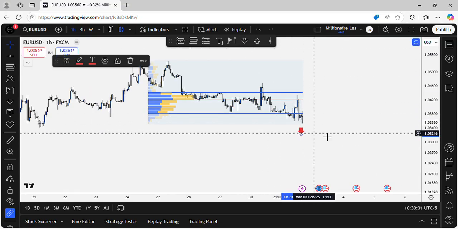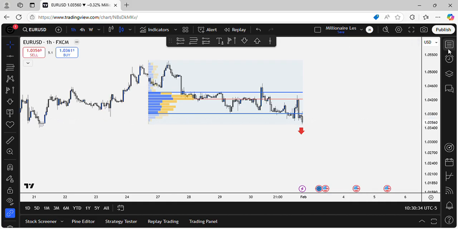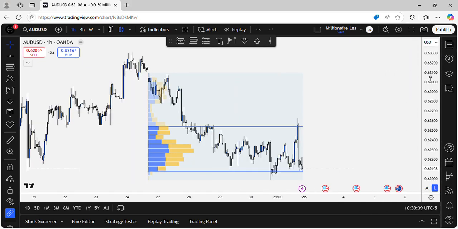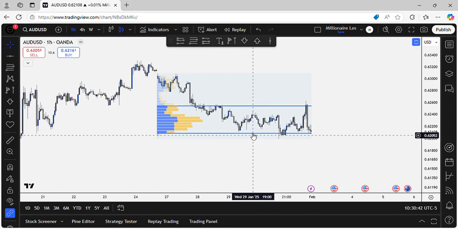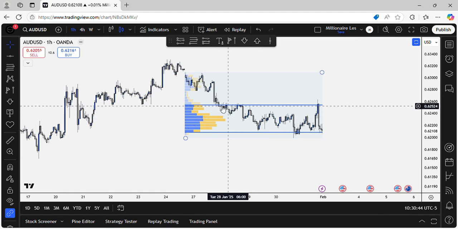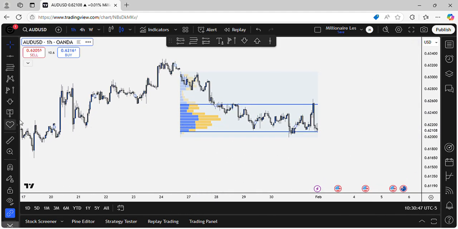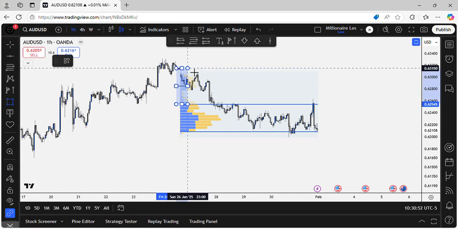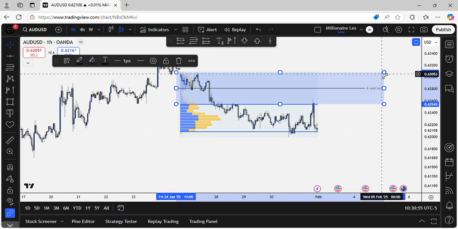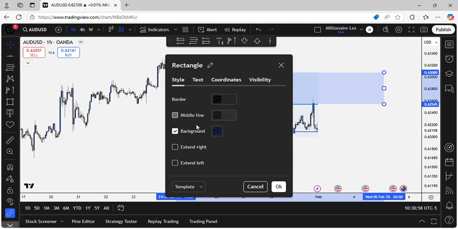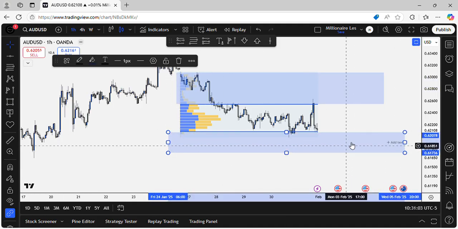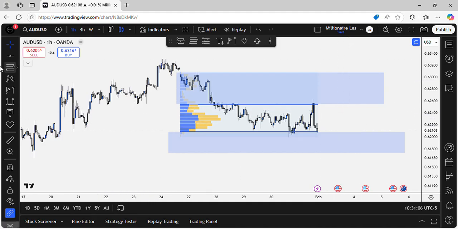So next week I'm looking for a sell. Cool. Now let me show you an example of if price closes in between the value area. If price closes in between the value area, again, like I said, I am using this as an area of resistance and below the value area low as an area of support. So if price comes into one of these areas,